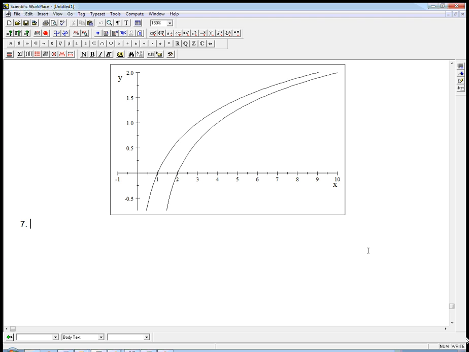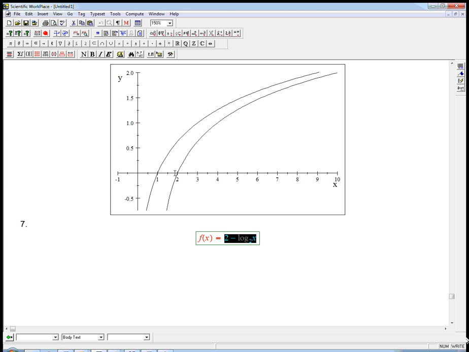7 is going to be yet another graph. They didn't have, I would have preferred more matching examples. They didn't have a lot of good ones here that I liked. So again, this is a little unrealistic. It would be more like, here's the graph. Find the equation. You'd have to recognize, okay, if it's going through 2, 0, it's going to be something that's